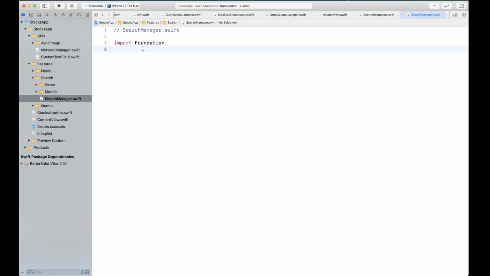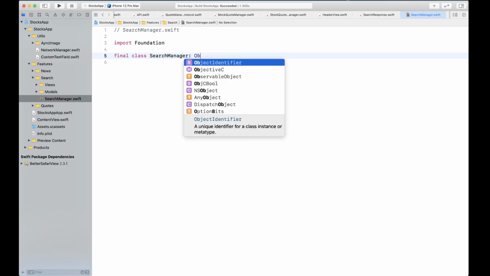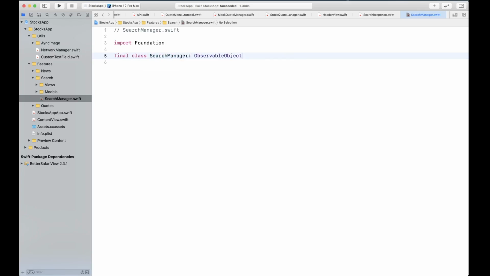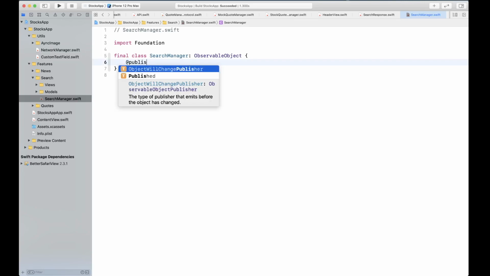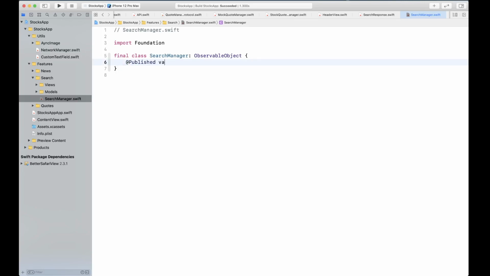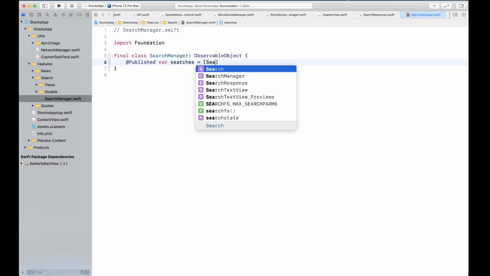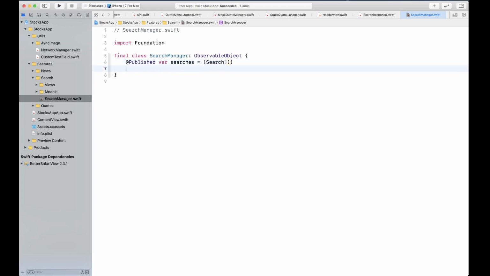Okay, and we're going to create a final class here. This is going to publish an array of searches, so the search items that we have found.